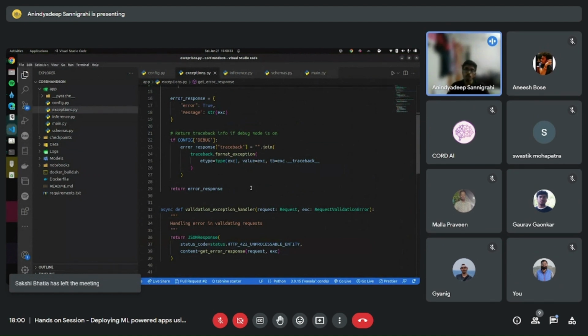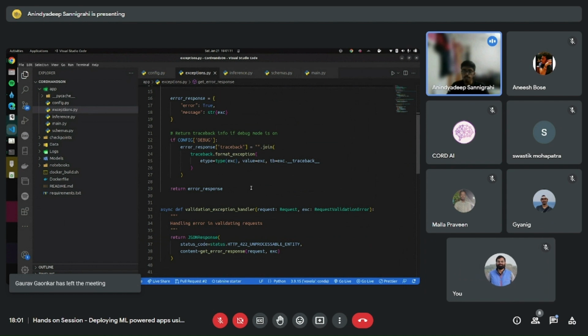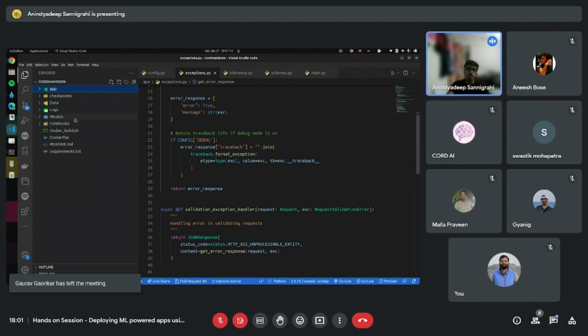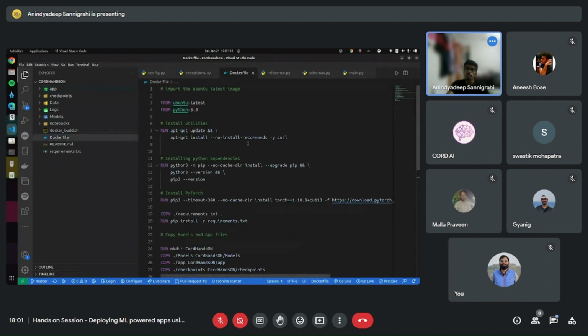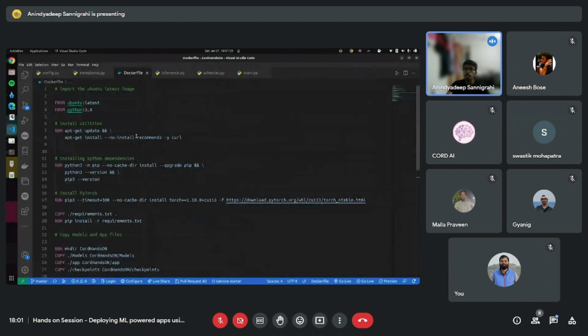Now suppose everything is working, and I want to package all of this and put it in a container so that I can run it independently whenever I want, and also integrate it with different sorts of functionalities. Then all I have to do is create a simple Dockerfile, and that Dockerfile is something like this. If you have gone through my previous tutorial,